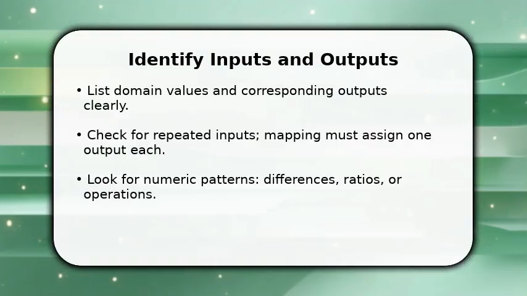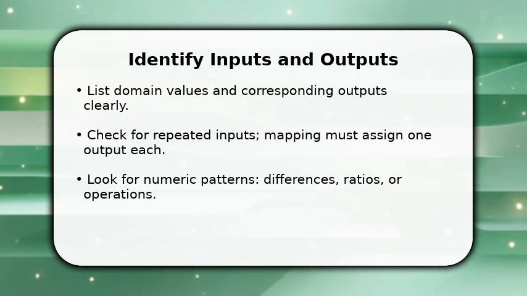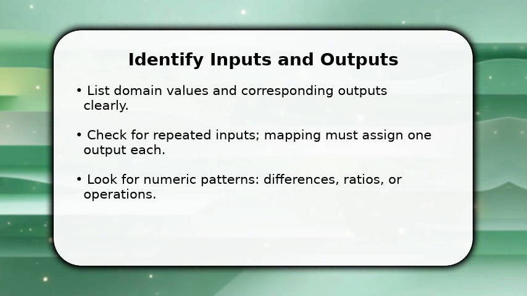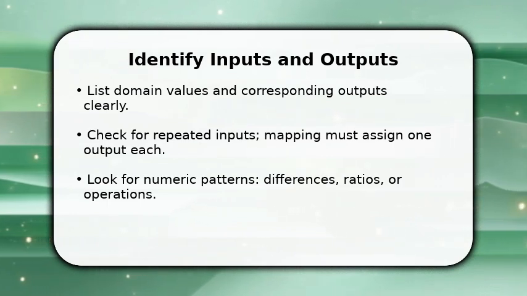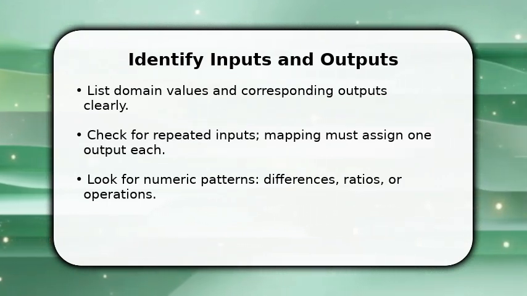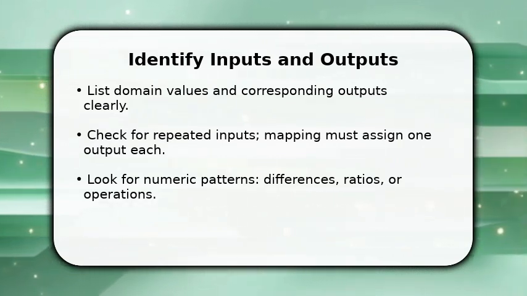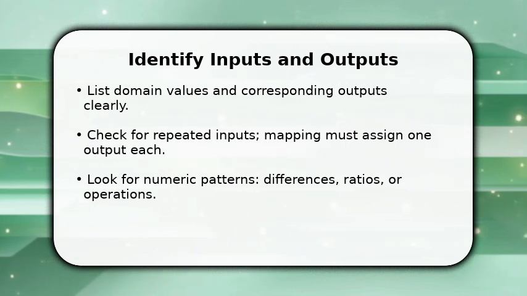You start by listing each input paired with its output. This gives you the raw data to analyze. Once done, scan for repeated inputs to confirm the mapping is a function, because a single input must not map to multiple outputs. Next, look for obvious numeric relationships, constant addition, multiplication, or a power, since these are the simplest